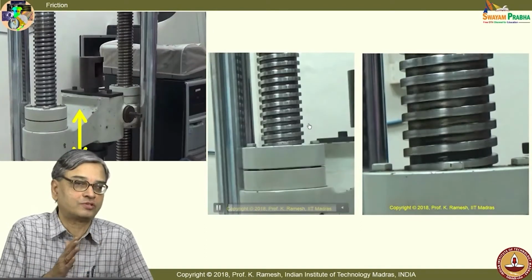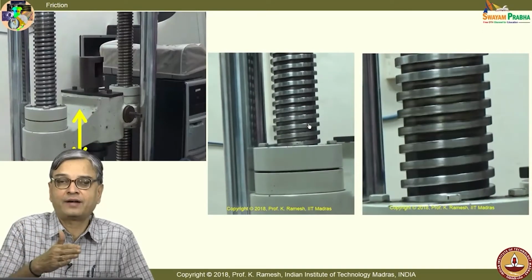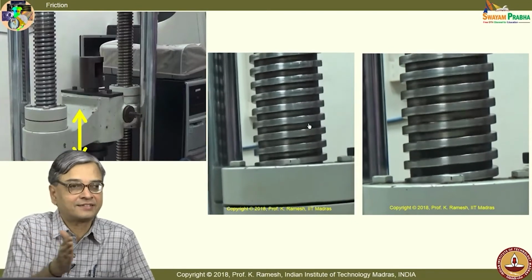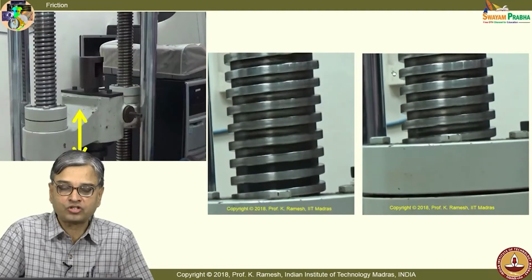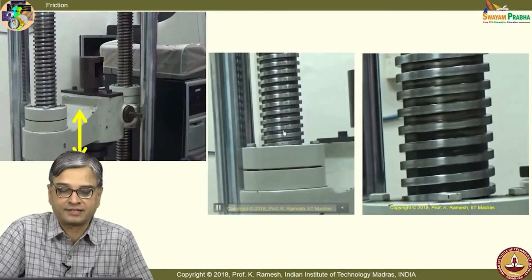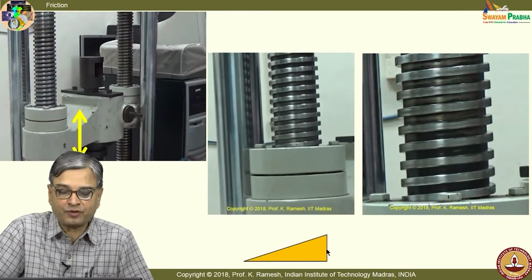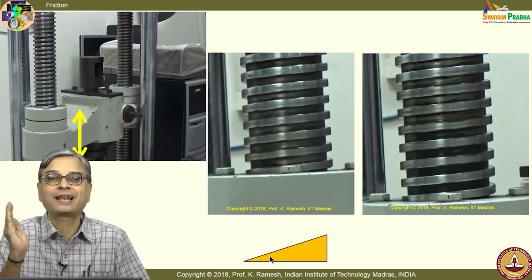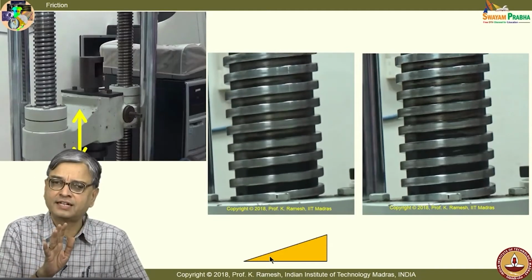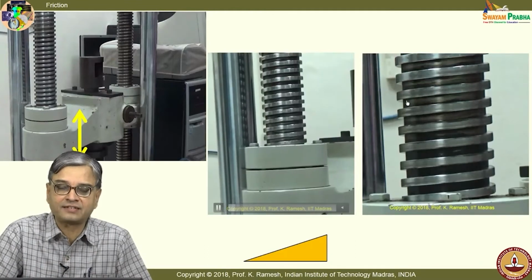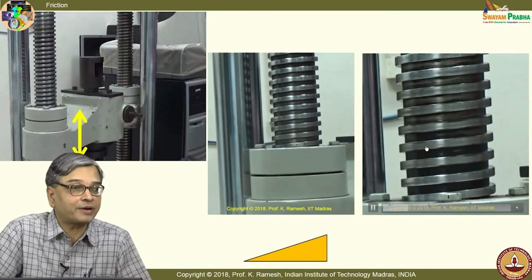Many of the power screws, if you go and look at a lathe where you have a tool post that slides, that is also activated by a lead screw, and most of these power screws have square threads. For the purpose of analysis, this can be simply visualized like a wedge wrapped around the cylinder. It is very easy to analyze, and all of these appliances require self-locking. It is a desirable property.